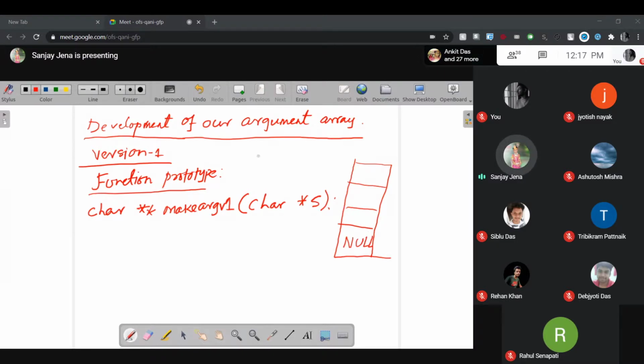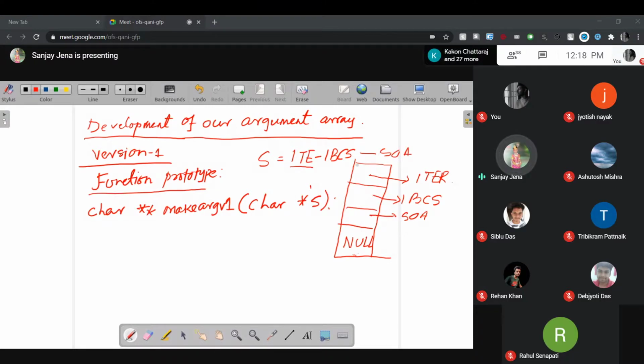Let the string given be ITR IBCS. Take out the first token, put it into the array; this is the first string, ITR. Take out the second one, put it in. Take out the third one, put it in. When all the tokens are over, put NULL as the last content.